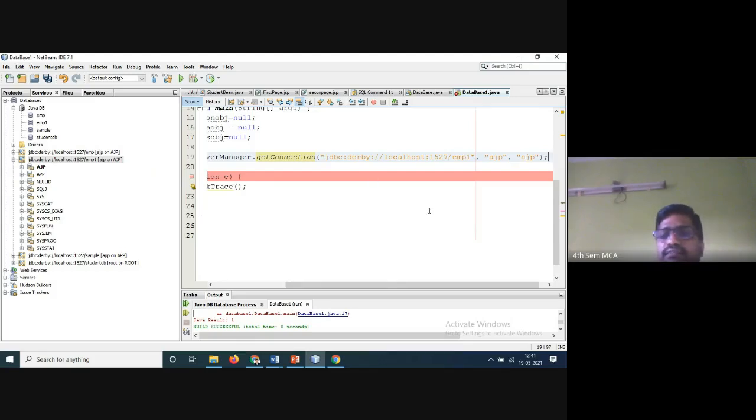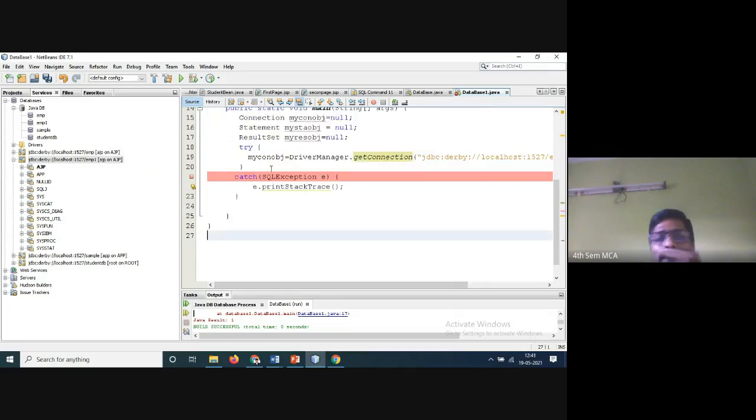Is it clear? So this path is JDBC colon, derby, localhost, port number 1527, EMP1 your database name, and your AJP username and password. This is the URL for your program, that's what I was telling last class.